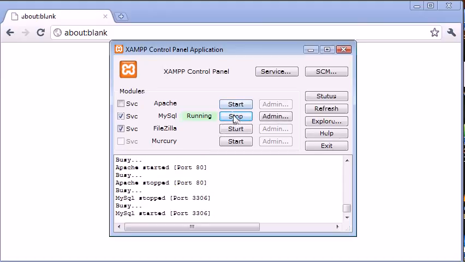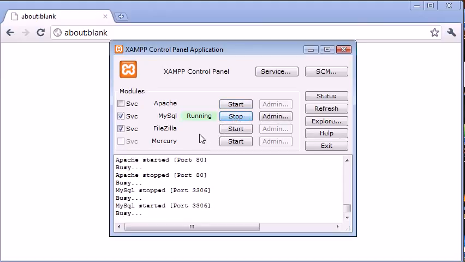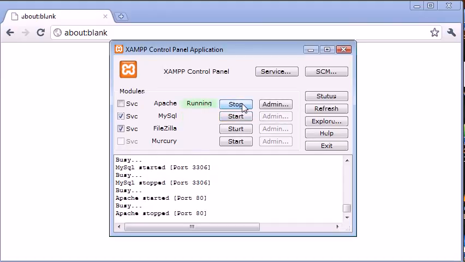So they're going to look something like that, and to start them you're just going to simply click start, and vice versa. If you need to stop them for any reason, just click stop. So now that they're both running, we see here Apache started on port 80 and MySQL started on port 3306. Now to access